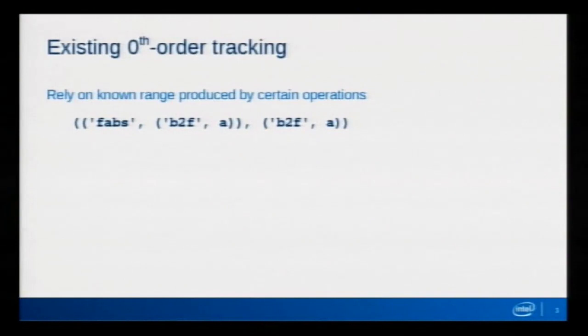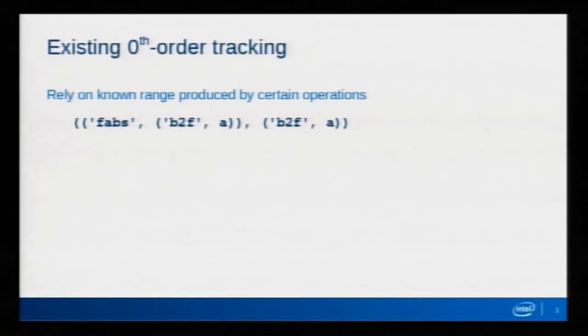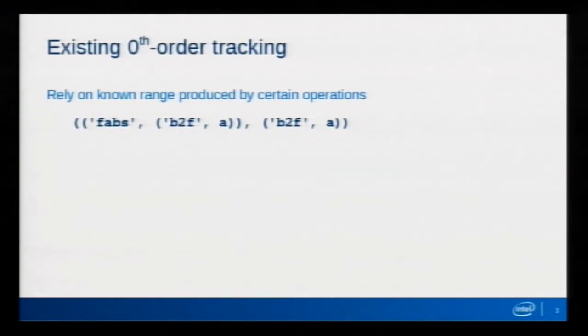Right now in NIR we have a few instances of what I call zeroth order range tracking, where we implicitly take knowledge that we have about the kinds of values that can be produced by an operation and then use that to delete some code. In this example, we know that b2f is only going to generate values 0 and 1, so doing an absolute value on that is completely useless, so we can just delete that operation. And there's maybe half a dozen or so other cases that are similar to that already in NIR opt